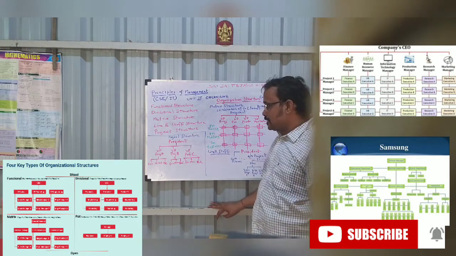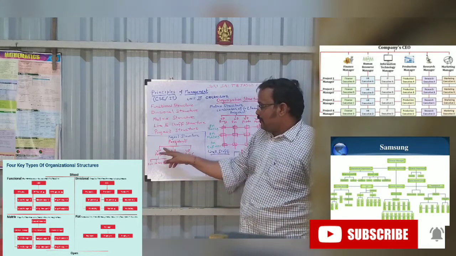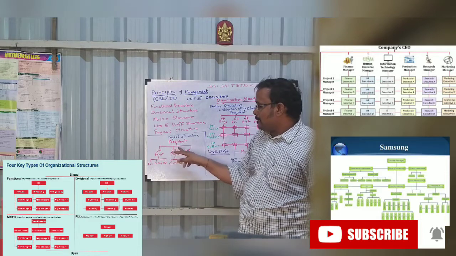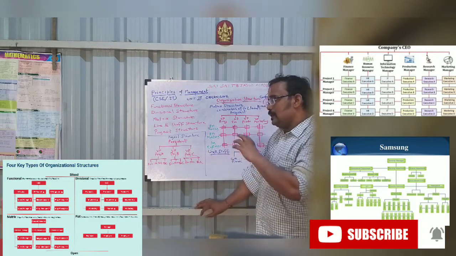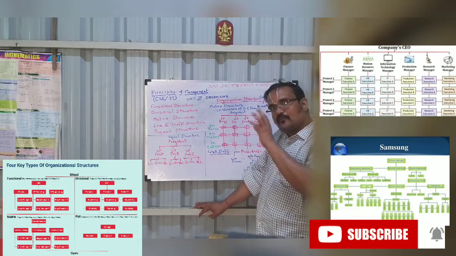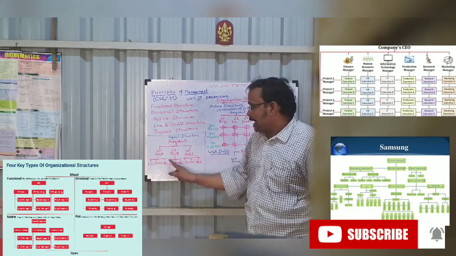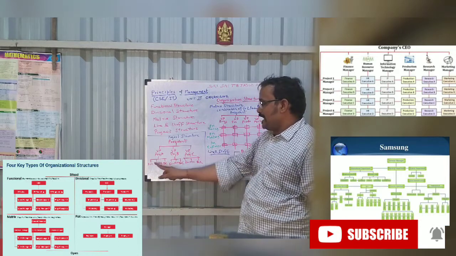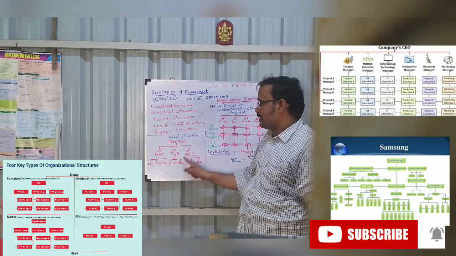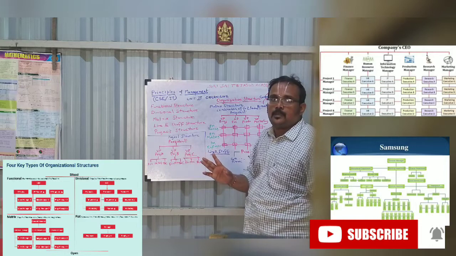Now let us come to project structure. So project structure is nothing but similar to divisional structure. VP projects will be there, A will be there, B will be there, C will be there, and what all we have seen under functional structure will come under project A, project B, project C. Finance, manufacture, quality control. Finance, manufacture, quality control. But they will be for a different project.